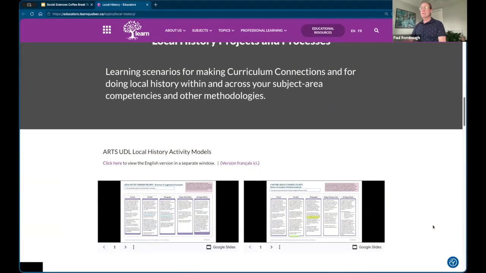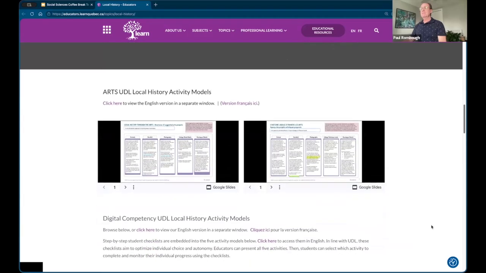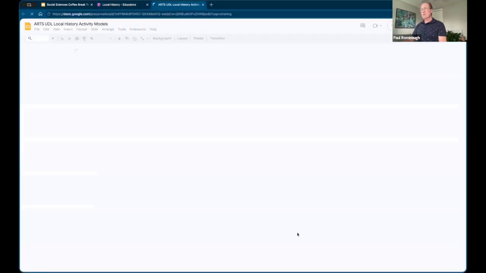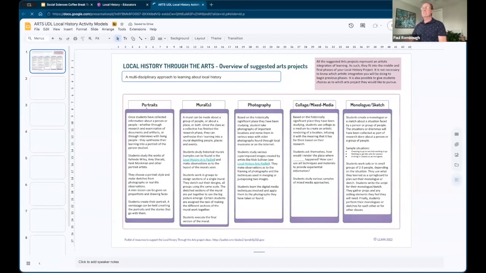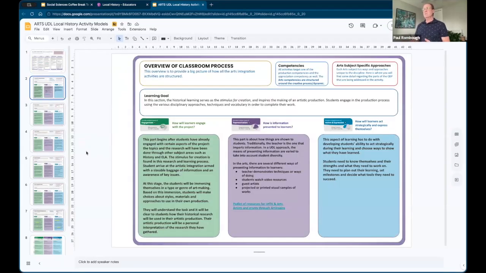And then the idea was that we wanted to give some models for how it could be used in different subject areas. So this is related to different arts activities, and I'll just show you what they look like as well. There's an activity in arts for doing portraits, for doing murals, photography, and each of the activities is sort of summarized